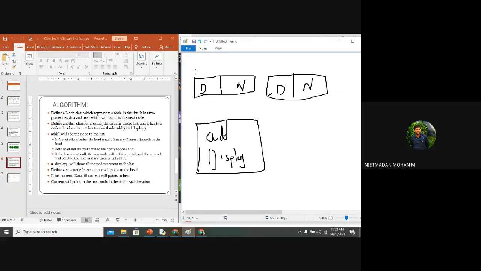So here, before, in the singly linked list, we created only 1 node, right? In the basic, we created only 1 node. Am I right or wrong? In the previous example, when we were creating a class for creation of a node, we created only 1 node, right? 1 element, right?